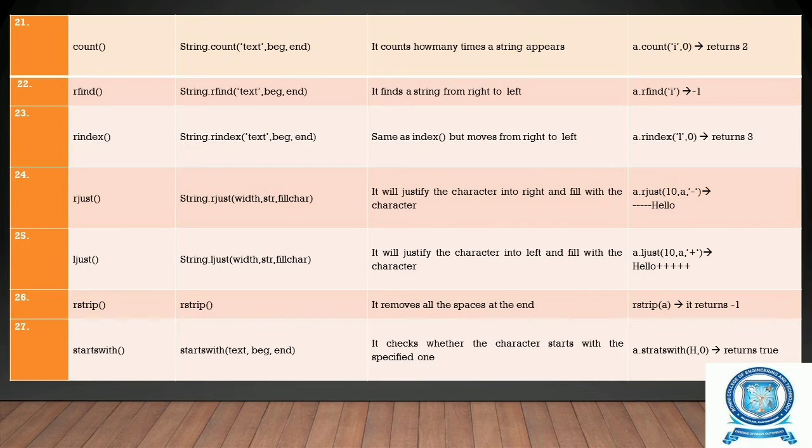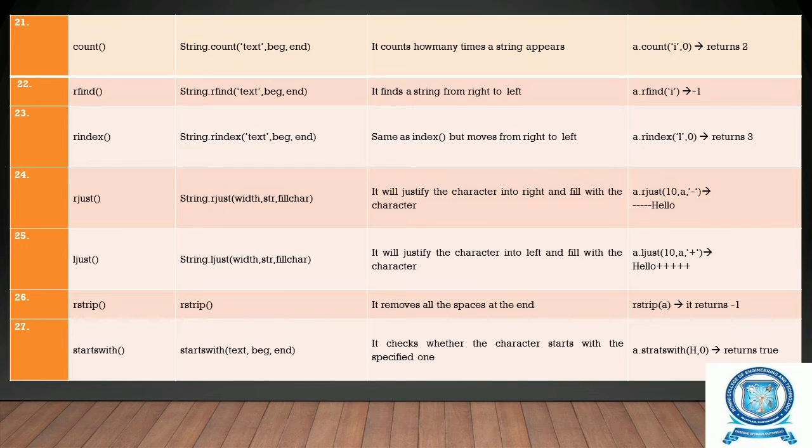Okay. So, see here in the example, a.find of 'he' in 'hello'. We are giving the starting value 0 and the ending value 4, that is the index values. So, it returns 1, that is 'he' is found at index position 1. Okay. So, endswith: string.endswith, here also we are giving the text, beginning, end. It checks whether the string is ending with the specified character. If it is found, it returns true, else it returns false.